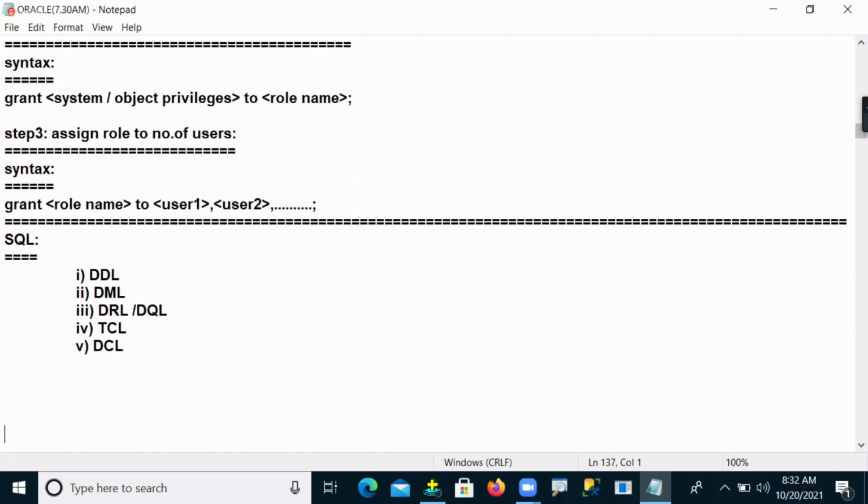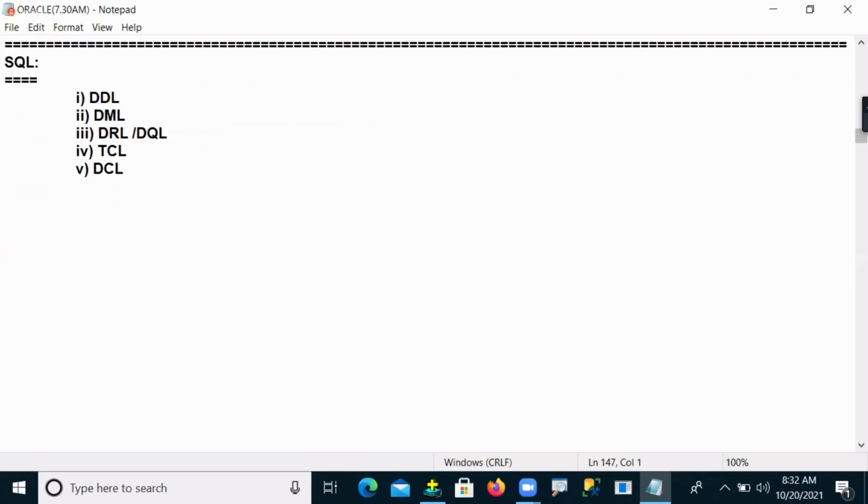So these are the 5 sub-languages of SQL: DDL, DML, DRL, TCL, and DCL. Understand now? In this, the first 4 languages are handled by database developers.